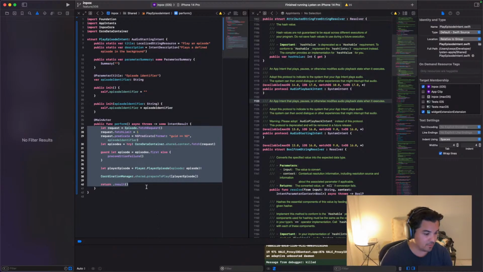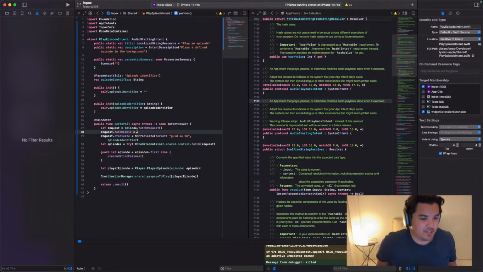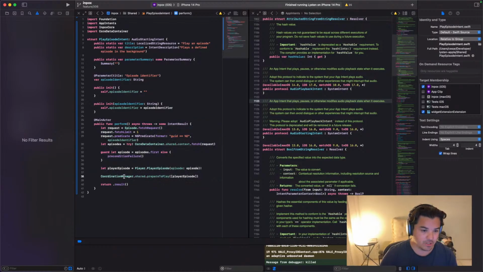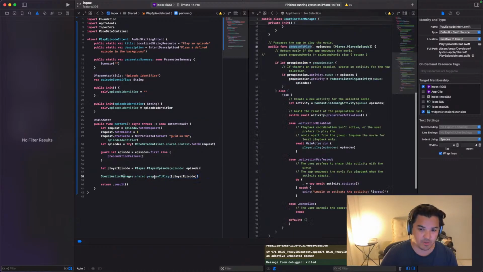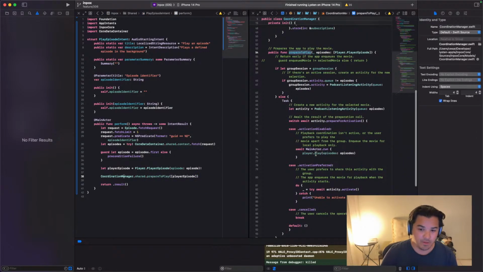Where the app listens for the intent. What do you mean by that? Because the app is not actually listening for the app intent. So I created this app intent, and what it does, it tells this coordination manager to, hey, play this episode. This is really complex, doing a lot of stuff, but the only thing you could actually do here is you can just